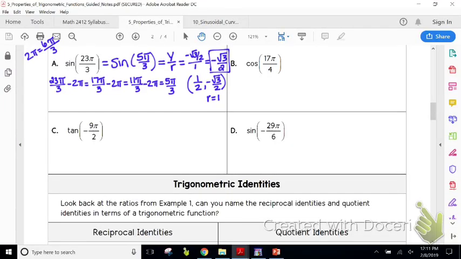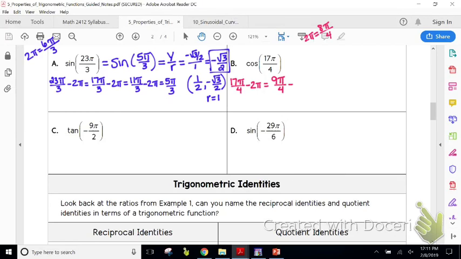Alright, so I forgot to record on A, but there it is. On B, 17 pi over 4, is that on my unit circle? No. So we're going to have to subtract the full circle. I'm going to subtract 2 pi. Remember, we just said that for 2 pi, use the same denominator and then double it for the top. So it'd be 8 pi over 4. So subtract 8 pi over 4, I get,